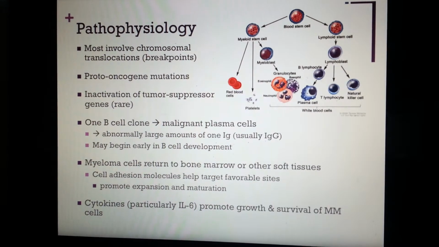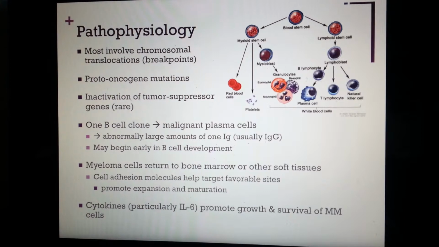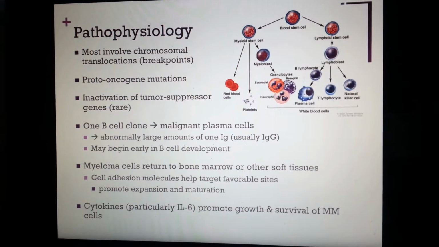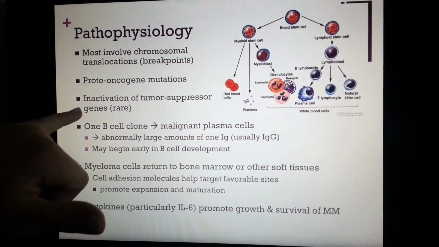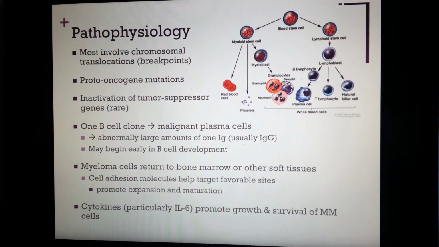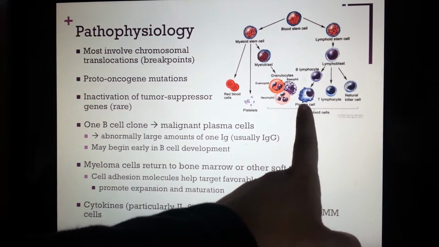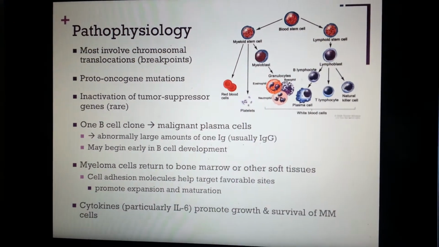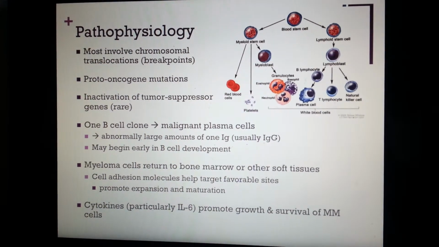The pathophysiology behind what's occurring here is that most cases involve translocations in the chromosomes, so breakpoints between chromosomes. They also involve proto-oncogene mutations as well as inactivation of tumor suppressor genes, but that is more rare than proto-oncogene mutations. Basically, one B cell alone, as you can see over here, produces malignant plasma cells. Not normal, malignant, and there's usually an abnormally large amount of one immunoglobulin, usually immunoglobulin G,